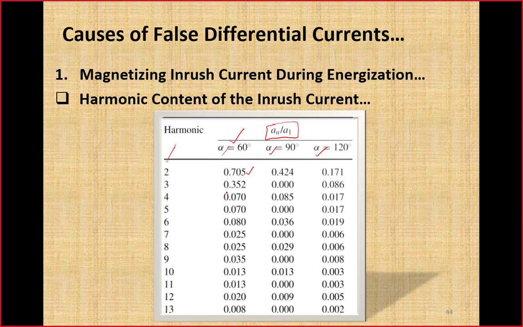Our conclusion about the harmonic components present in the inrush current is that, due to this deformation of the waveform, the second harmonic component will be the dominant one, but all harmonic components will be there. Even and odd, both types of harmonics will be there, but the second one will be the dominant one. And what is the dependence of these harmonic components on the angle alpha? With the increase in angle alpha, harmonic contents reduce. For a smaller value of alpha, harmonic components will be much stronger. So this is the conclusion about the harmonic contents present in inrush current.